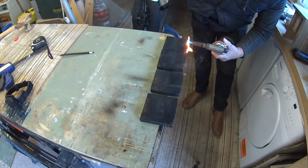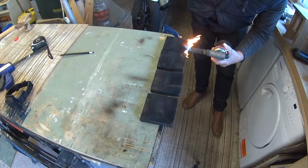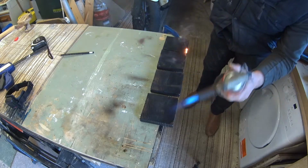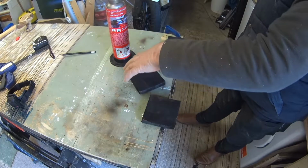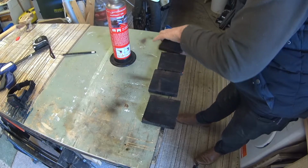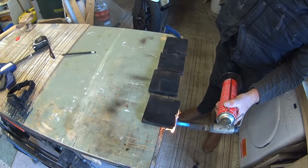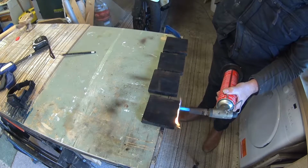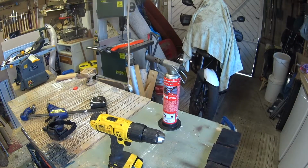So now I've got all 4 faces and all the edges done as well of each of them. Just finishing off now. Don't burn yourself. See, just do the last edge now. And now we've charred it all,